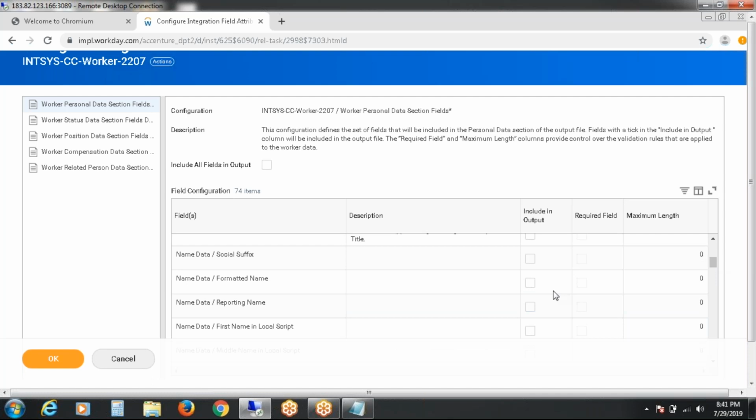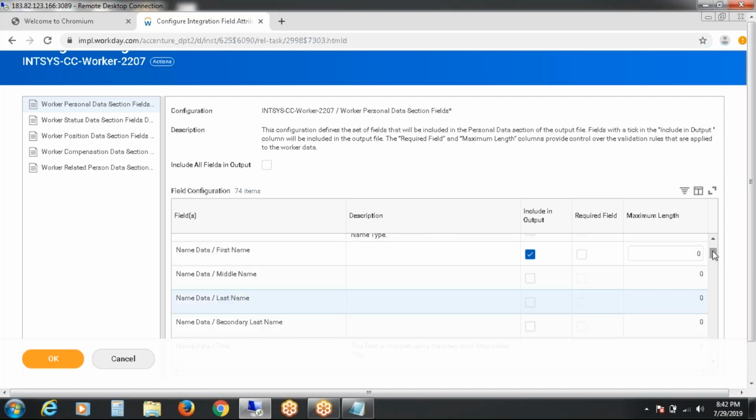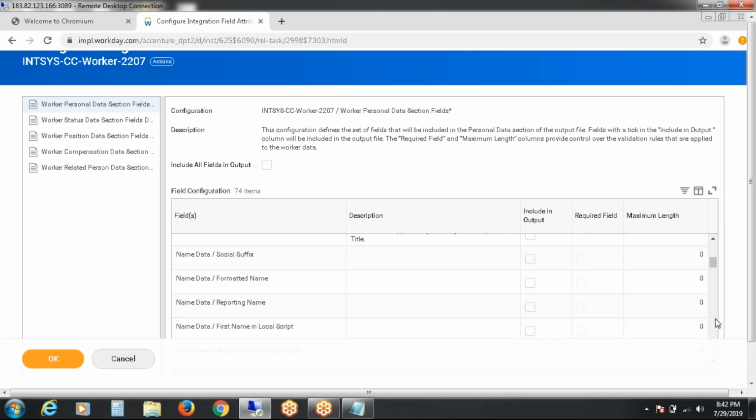So now what I am going to do is I am going to select first name, last name. I'm not going to call any secondary or anything. So it means instead of typing in the columns to call the fields, you are selecting instantly here. That's it. There is nothing different between reports and core connectors.